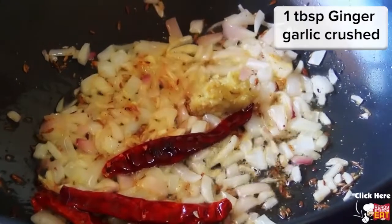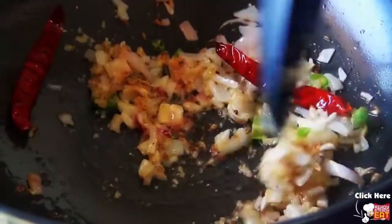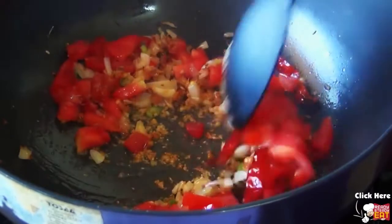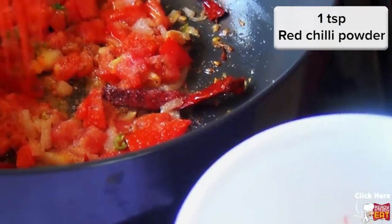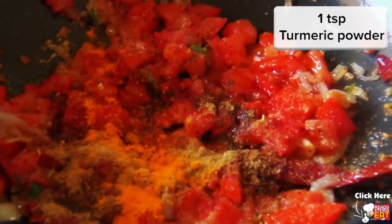Add crushed garlic and ginger. Give it a toss for 1 minute and add green chilies to it and cook all well until they become light brown in color. To this, add the chopped tomatoes and cook for a few more minutes until the tomatoes are a little soft and tender. Now add salt, red chilli powder, coriander powder, garam masala powder, a little turmeric powder and cook